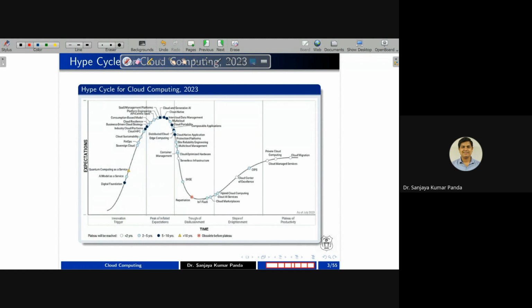In this hype cycle, you can see several technologies are mentioned, and they are also marked with some color. Some technologies are marked with a white color dot. A white color dot indicates that the technology's plateau will be reached within 2 years. You can see in the caption or legend that if a white color dot is there, the technology will be in the market for another 2 years. After that, obviously nobody is going to use that technology because it is completely matured, or a new technology is replacing it.